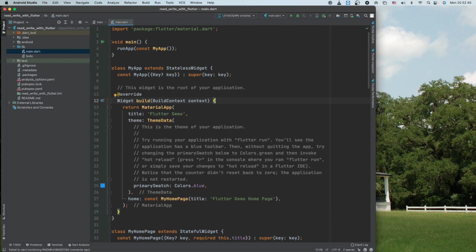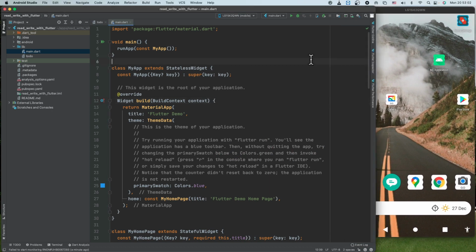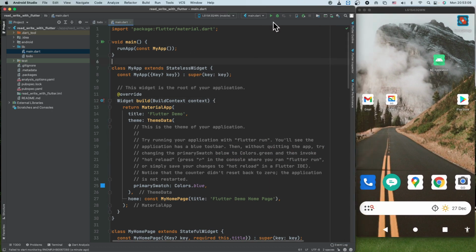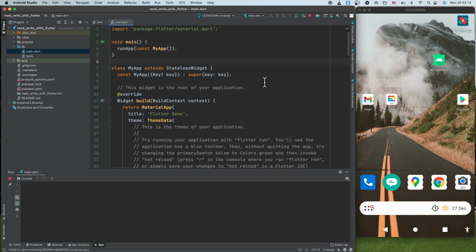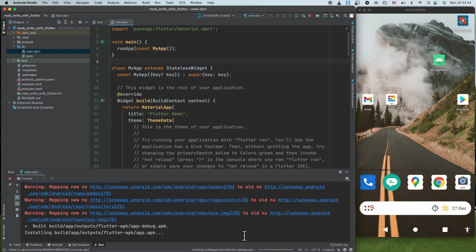Now I am going to launch a remote desktop application that will bring my phone screen onto my desktop, so you can see it while I code. If I run this application, it may take some time depending on your machine configuration. It may take a minute or two. The APK is built, it's getting installed, and as soon as it gets installed we will see it here.